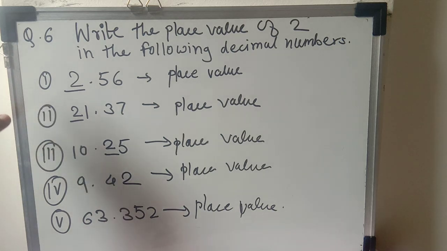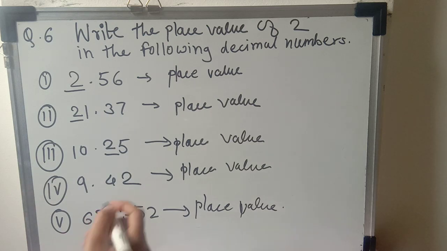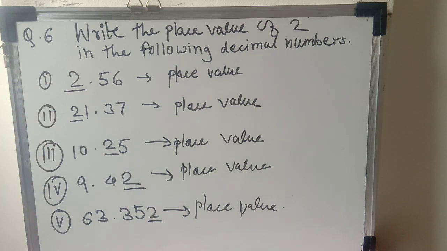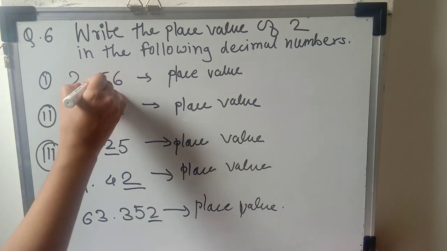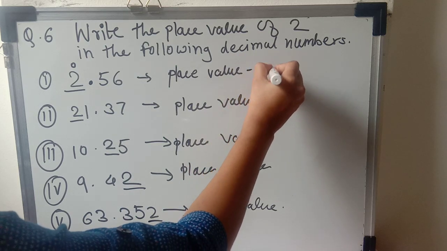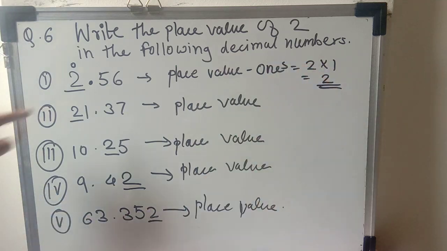Now question number 6, student, this question is very easy. There is nothing to do because this example is for 4th standard or 5th standard students, they can also solve this example. So here write the place value of 2. Wherever you can see the 2, you have to find out the value of that number. How will you find it? You have to see which place the 2 is on. Okay, so in the first example 2 is before the decimal, and before the decimal the number always starts with 1. So here the place name is ones. If you multiply 2 with 1 you will get 2. So this is the value of 2, that is 2 only.